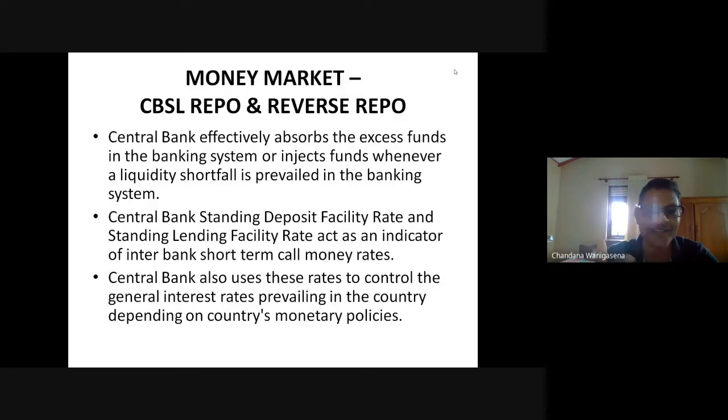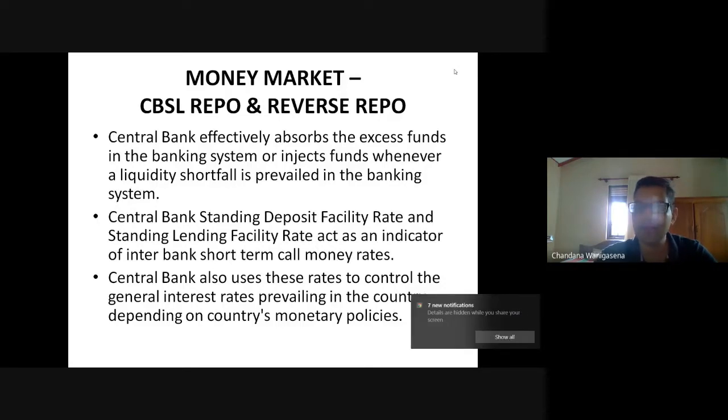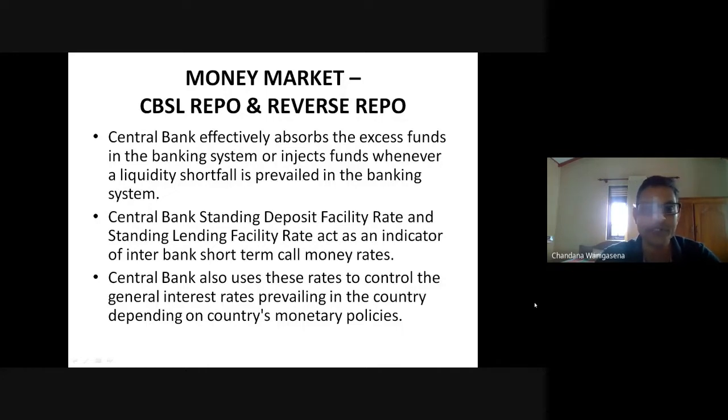So if it is attractive, they keep that money. In that way, banks are encouraged to keep that money in the central bank. As a result, it is not in the financial system, right? Similarly, when banks are struggling to make their day-to-day transactions, their cash projections, inflows and outflows, are not very regular. So they can always go to the central bank and ask for a loan.